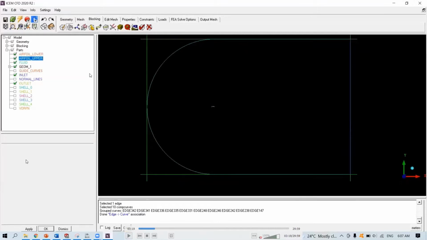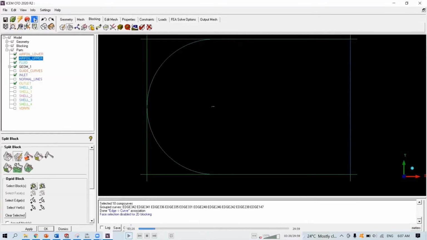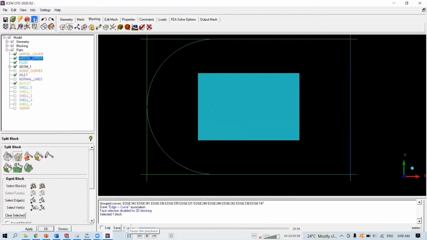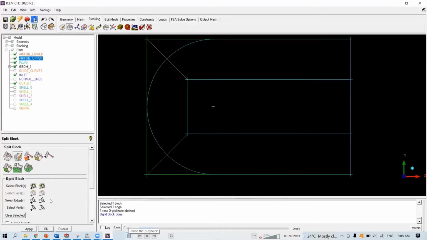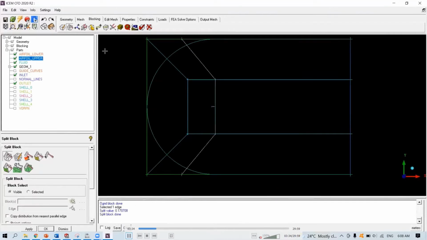Now we are going to split the block, the 2nd tab over here, and then create an O grid. Select the block here, the 1st row, as well as, and then you can select the edge on the 3rd row over here. Okay, apply. Then split, selecting the 1st tab over here. Right at the shiny edge, doesn't need to be perfect.